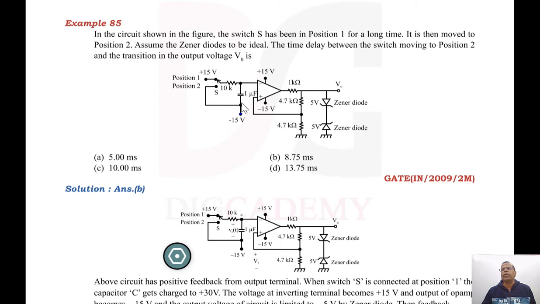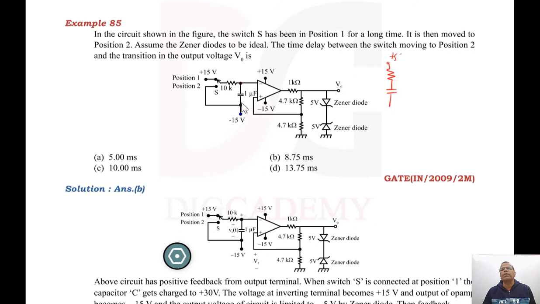So now what will be the initial output value, that is important. So you can find the voltage at this point. Voltage at this point may be positive or negative, that depends upon the steady state value of the voltage across the capacitor. When at steady state, the equivalent circuit at the input side will be,